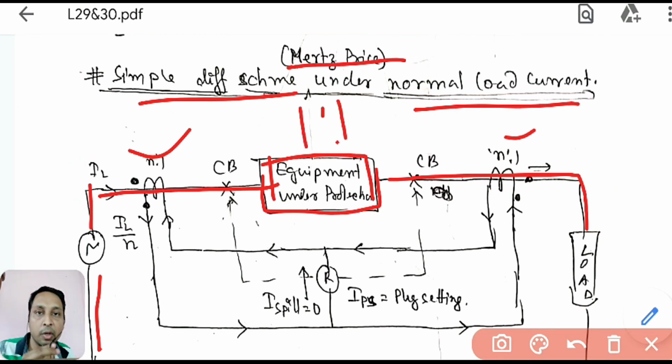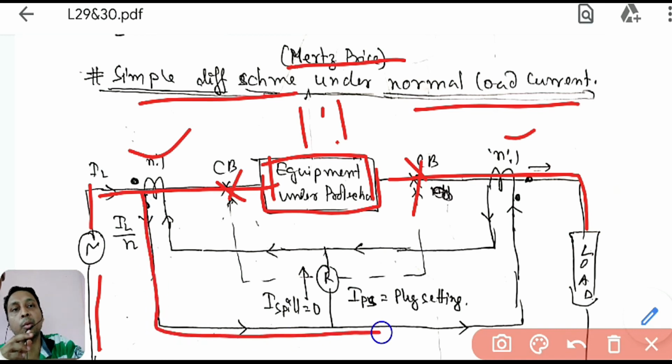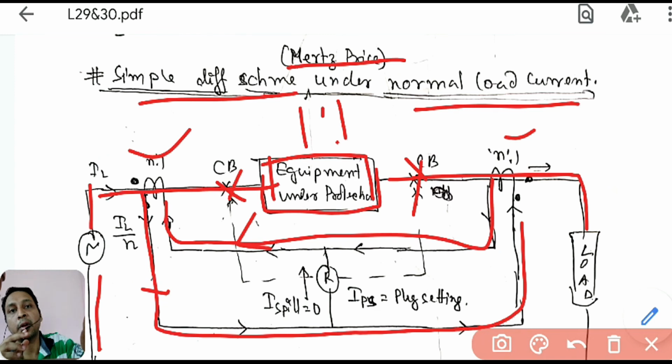Equipment I am considering 1:1 ratio. Don't get confused with transformer right now. I have not introduced a transformer right now. So two circuit breakers are given on both sides, and this side CT. While marking this dot, you first draw the current loop. It should go in this way and it should come out this way. Or reverse also you can do. If it is going in this way, then it should come out in the reverse way. So there should be a continuity.